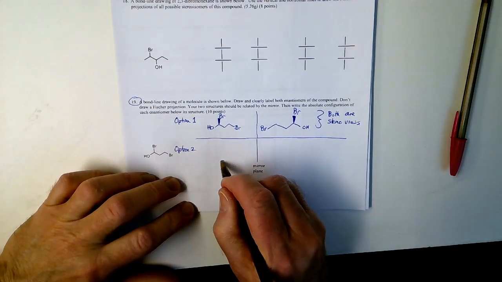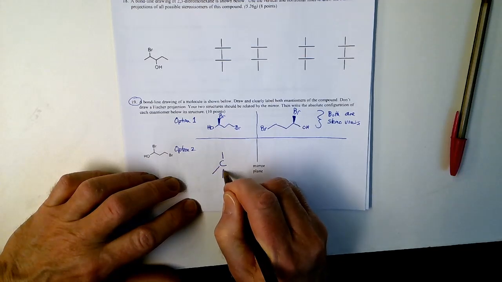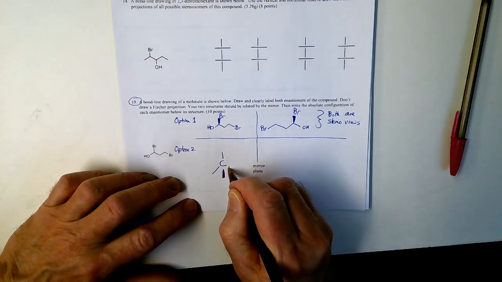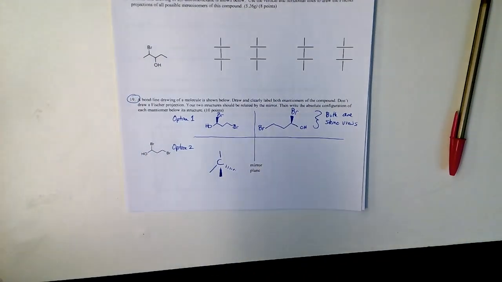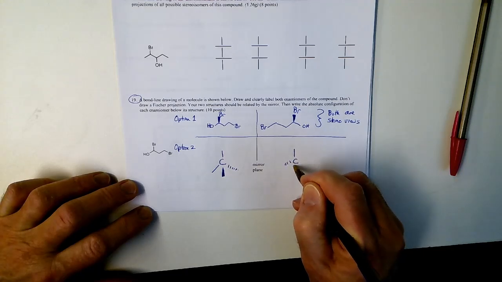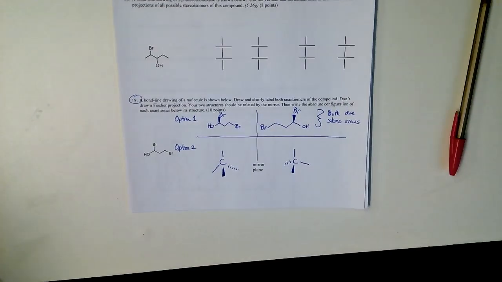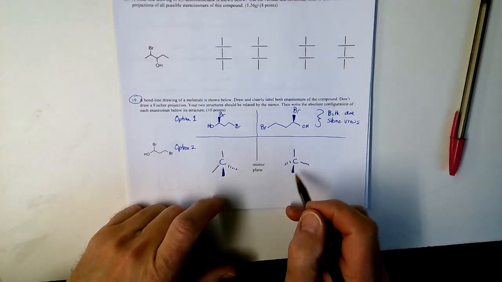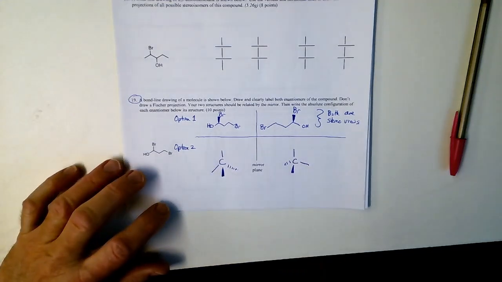Start with a tetrahedron. And we'll say that this is going to represent that 1 chiral carbon in the molecule. I just start with the tetrahedron itself, both of them, and then come back and stick stuff in place. So that's what you'd be looking at for your 2 tetrahedrons. All right, the wedges come out at you. The dashes are both pointing at the mirror. Solid lines straight up and straight away from the mirror.